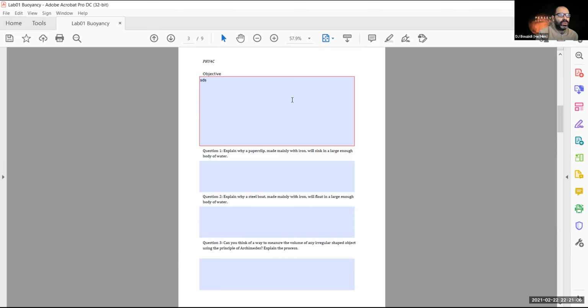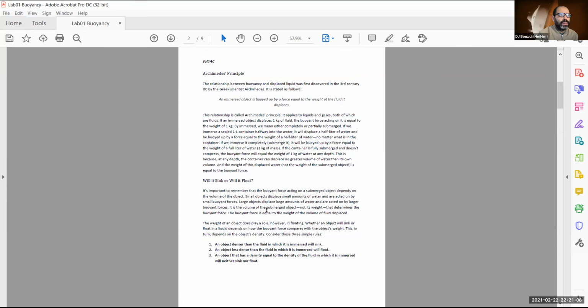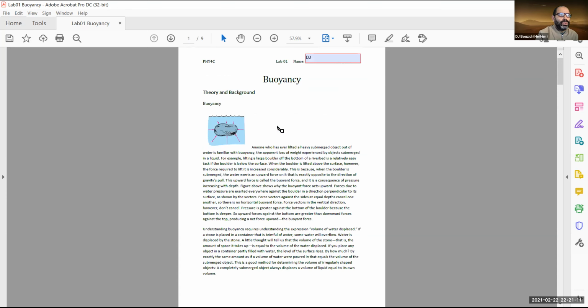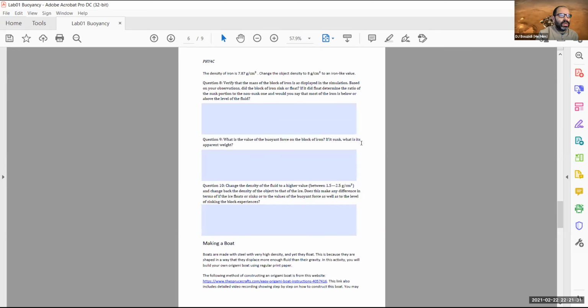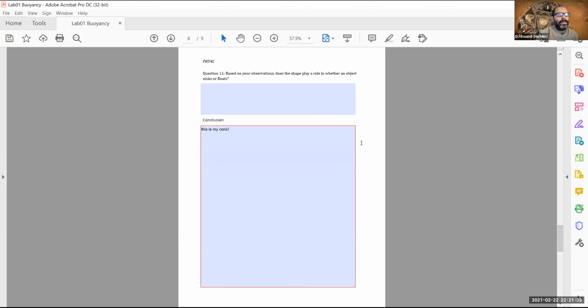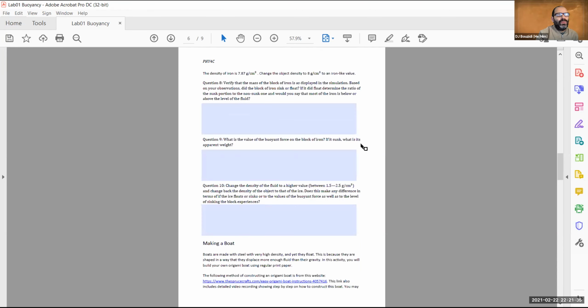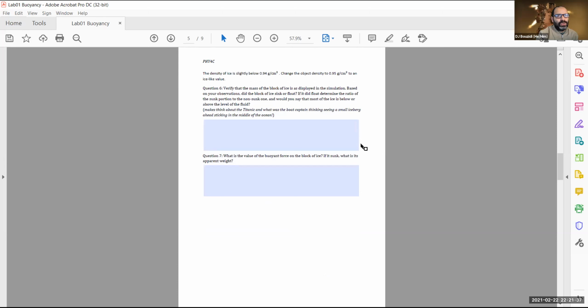Because you just barely started and you read the theory, which is a common big thing in here, you probably don't know what is needed to be done. Usually a good practice is to leave the objective toward the end. Now you have a clear idea what you did for this lab. So you're going to go through all of the questions up to the point where you're doing your conclusion. At that point, you need to come back and think of what the objective for this lab was, to test